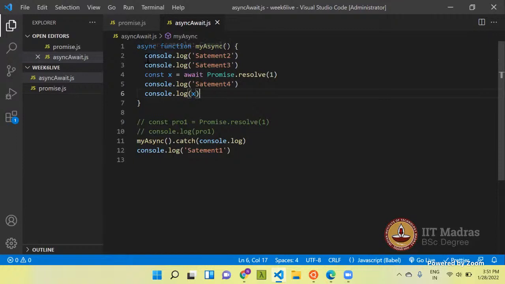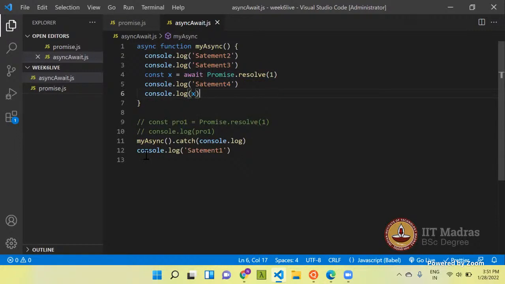It will first print statement 2 and then statement 3, and as soon as it encounters the await keyword, whatever the promise is there will be run asynchronously.